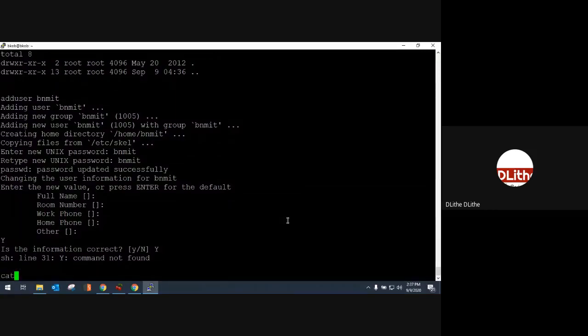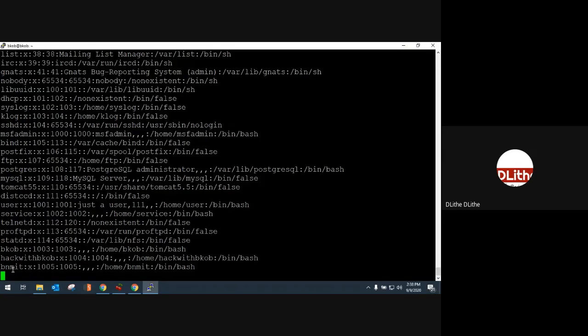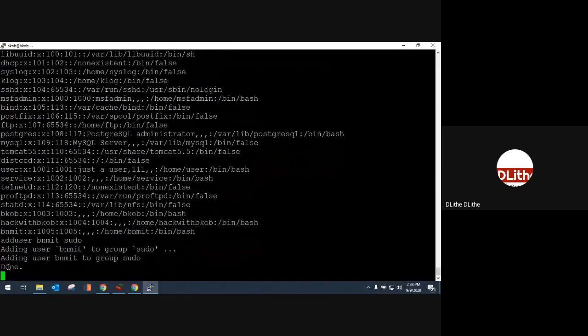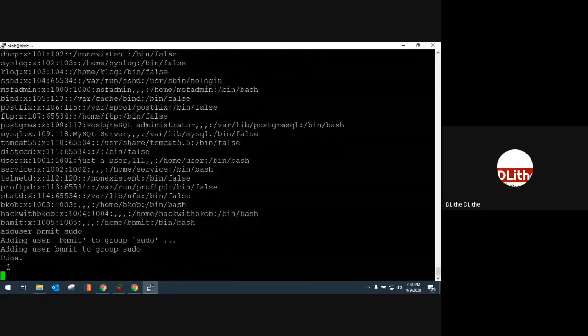Now it's ready. If I use /etc/passwd, you can see BNMIT there. What I can do is make him a sudo user. I can make him root by using adduser BNMIT sudo. This makes him sudo, which means he can now literally log into this machine as an administrator.